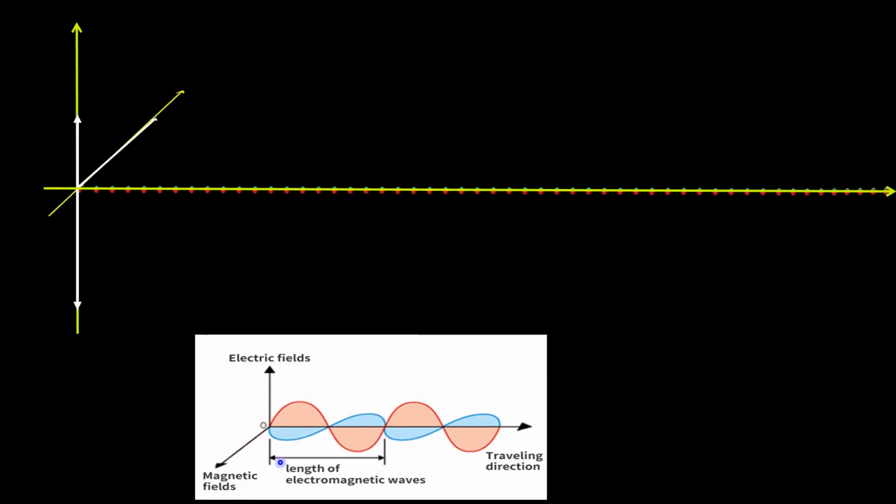This is the electromagnetic wave. See here, this is the red part. It is the electric field, which changes continuously like this, and this blue part is the magnetic field. So the electric field changes like this, the magnetic field changes like this, and both change perpendicular to one another, and the wave moves like this. This is the traveling direction, and I already told you light travels in the form of electromagnetic waves.